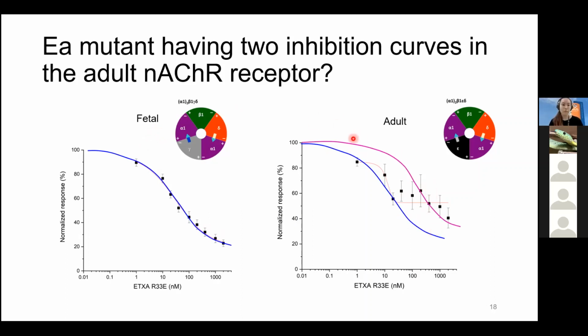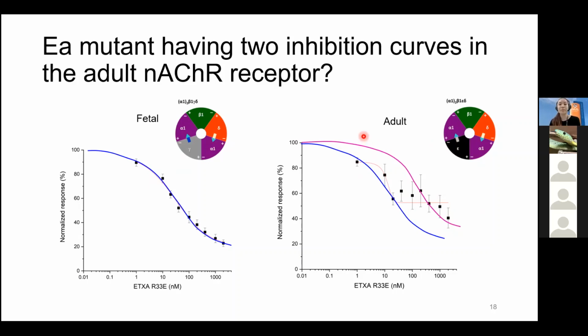If you look between the fetal and adult, the higher affinity interaction profile kind of matches that of the fetal. And between the fetal and adult receptor, the common interface is the alpha-delta interface. So this could mean that the higher affinity interaction corresponds to the alpha-delta interface, and the lower affinity interaction could belong to the alpha-epsilon interface. However, more data needs to be collected in order to